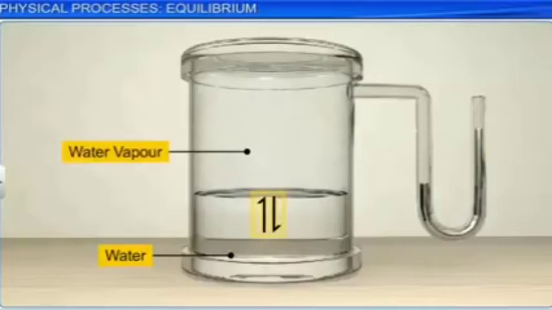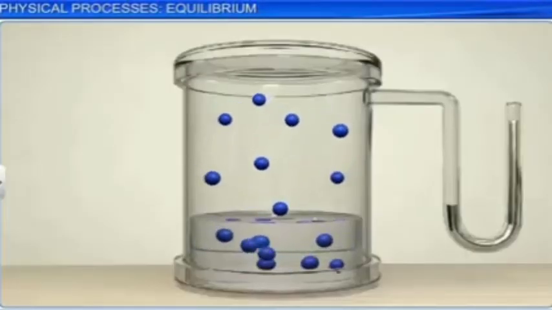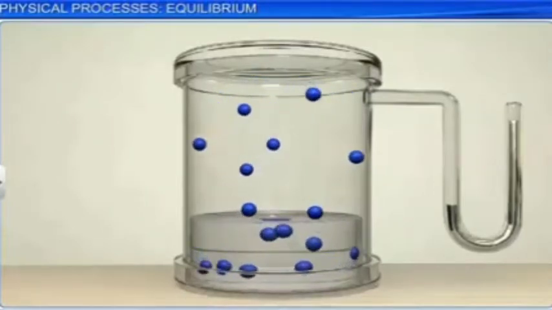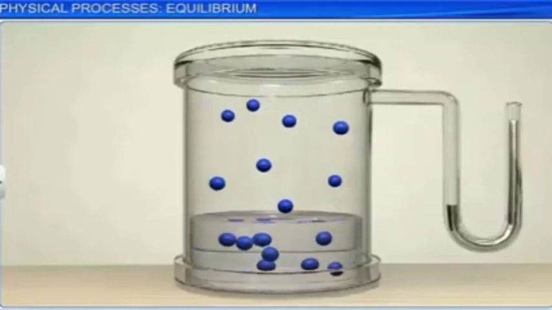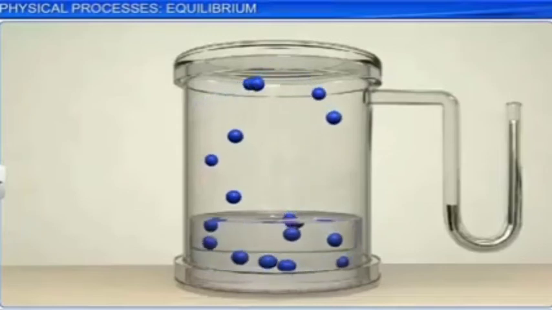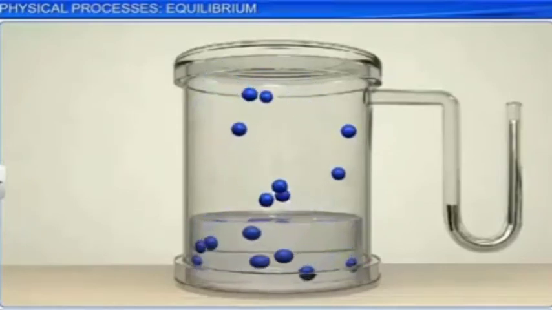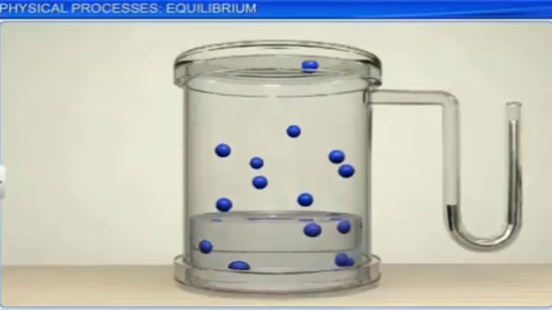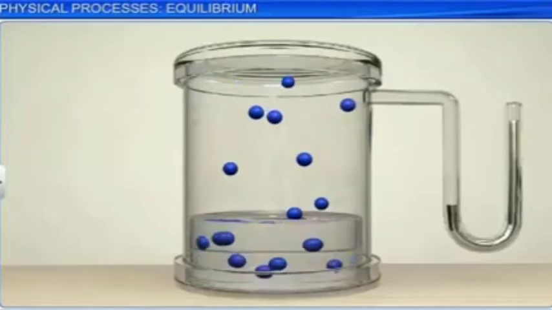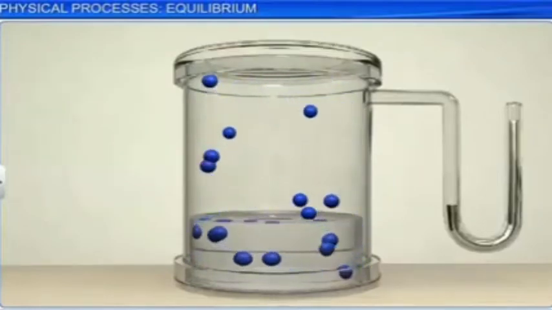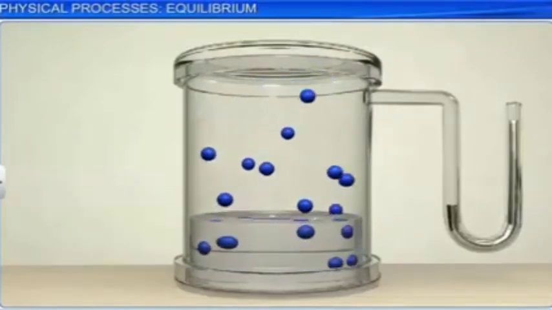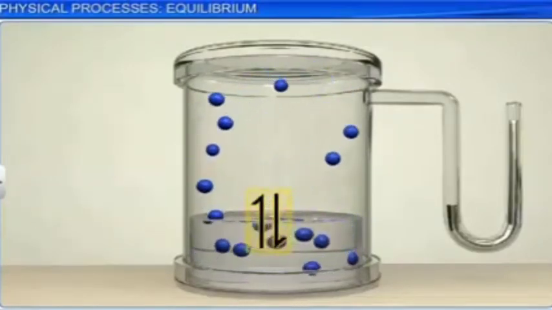The molecules of water vapor collide with each other and also with the walls of the container. When some gaseous molecules with less kinetic energy come closer to the liquid surface, they get trapped at the surface. This process is called condensation. At a given temperature, evaporation and condensation take place simultaneously. After some time, the rate of evaporation is equal to the rate of condensation, and then the liquid-vapor equilibrium is established.